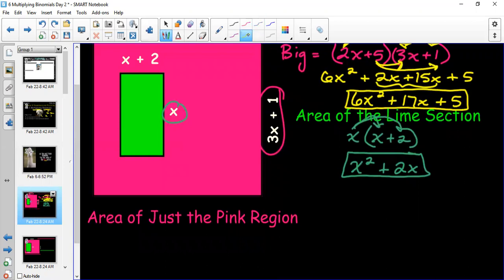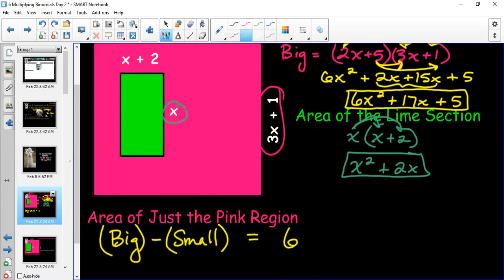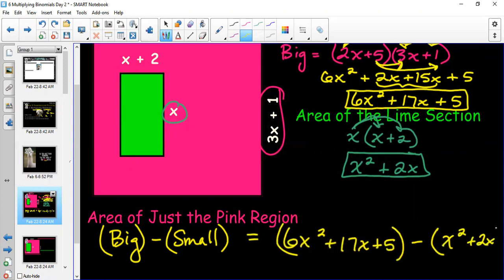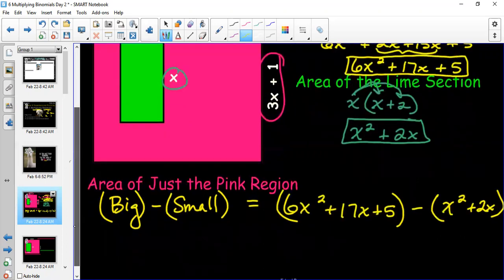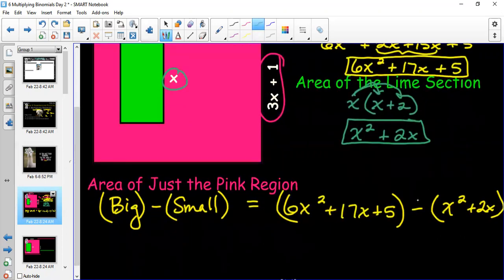To find the area of the missing shape, we have to take the big minus the small. And the thing to be careful about is we need to put those in parentheses, and I'll show you why here in just a second. All right, so we take the big, I'm going to put it in parentheses again, and I have to subtract the small. The reason why I have to put it in parentheses is because I am subtracting the entire small area, and when that happens, I have to distribute that negative. If I don't put it in parentheses, I will make that mistake, and that 2x will stay positive